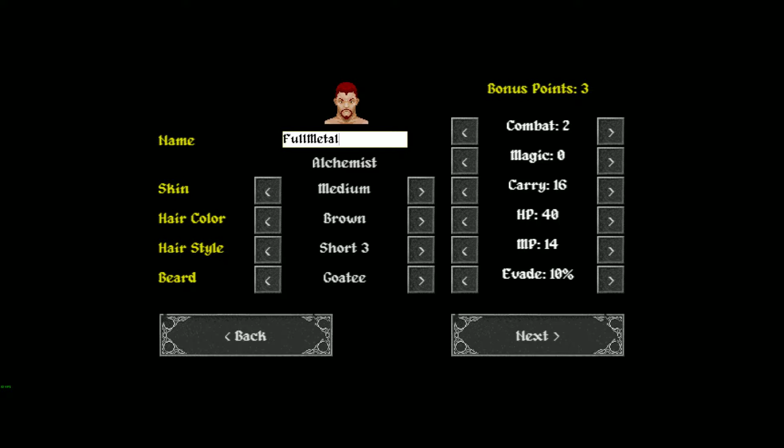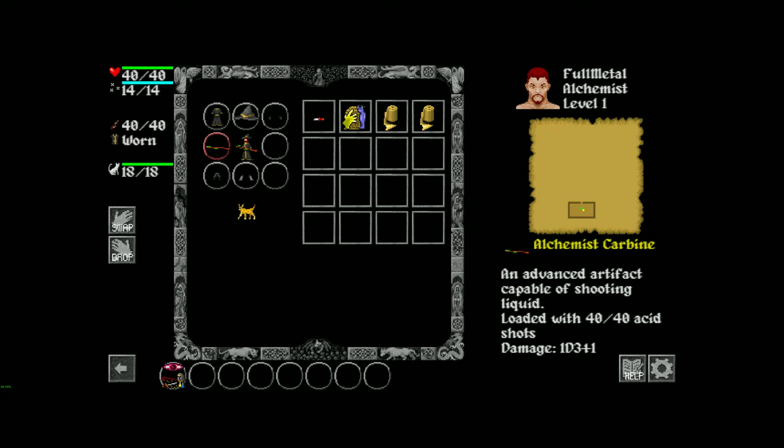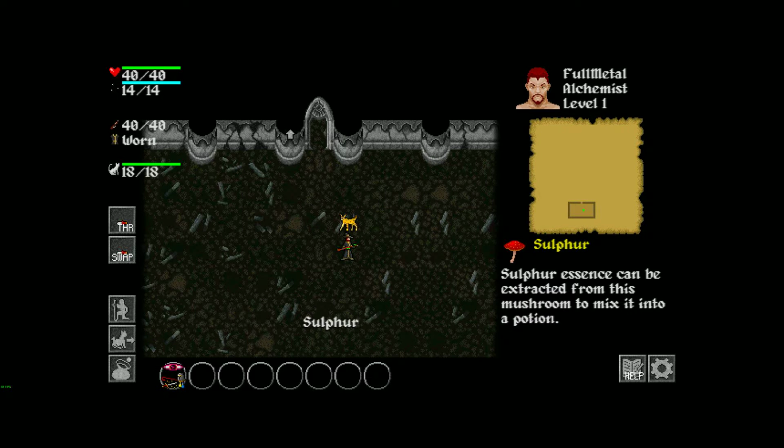So, what do you go with as the alchemist? Well, I feel like you bump your combat up just like you do with the other guys. We'll go that route. So let's take a look and see what this guy has. He has the Alchemist Carbine, an advanced artifact capable of shooting liquid, loaded with 40/40 acid shots. Okay, cool. So this is why we can load stuff up in this and shoot it out. So that's pretty cool. Hopefully that is affected by our combat stat and not our magic stat, because that's what